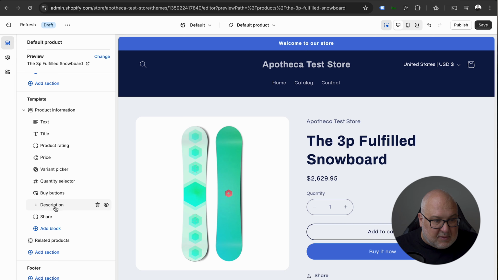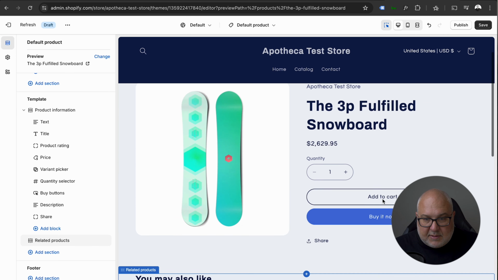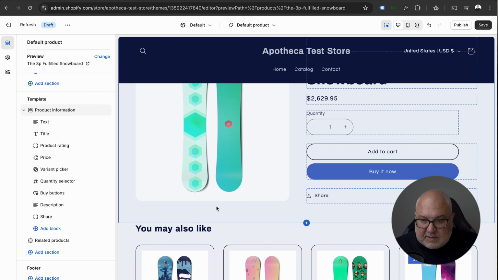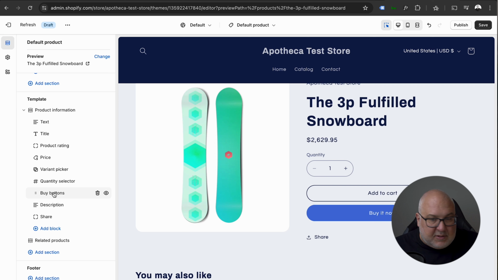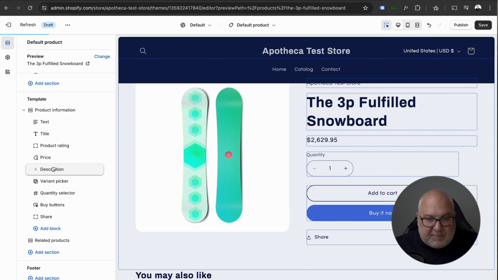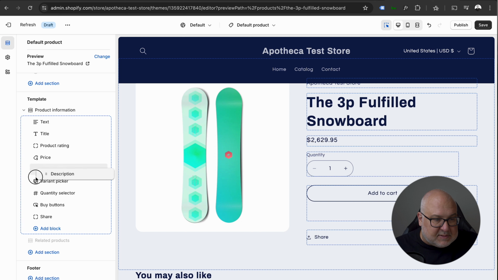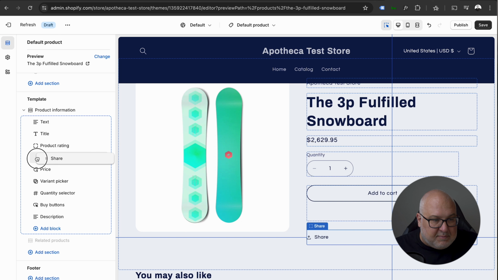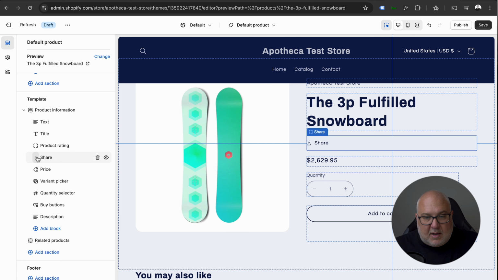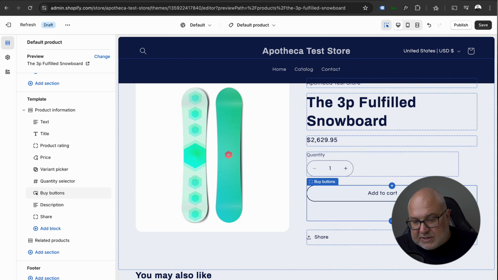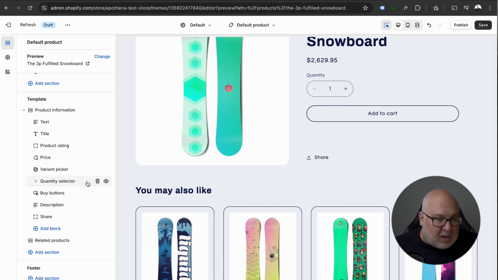So we're going to go, for instance, look at this, and I can change how this is designed. So right now the description is at the bottom, and it doesn't look like this has a description. But you can then move that. So for instance, if I wanted the buy button to be in a different spot, or I wanted the description to be above those buttons, I could do that. If I want to move the share buttons above the price, I can do that. You can remove these blocks if you don't want one. So if you don't want that share button there,